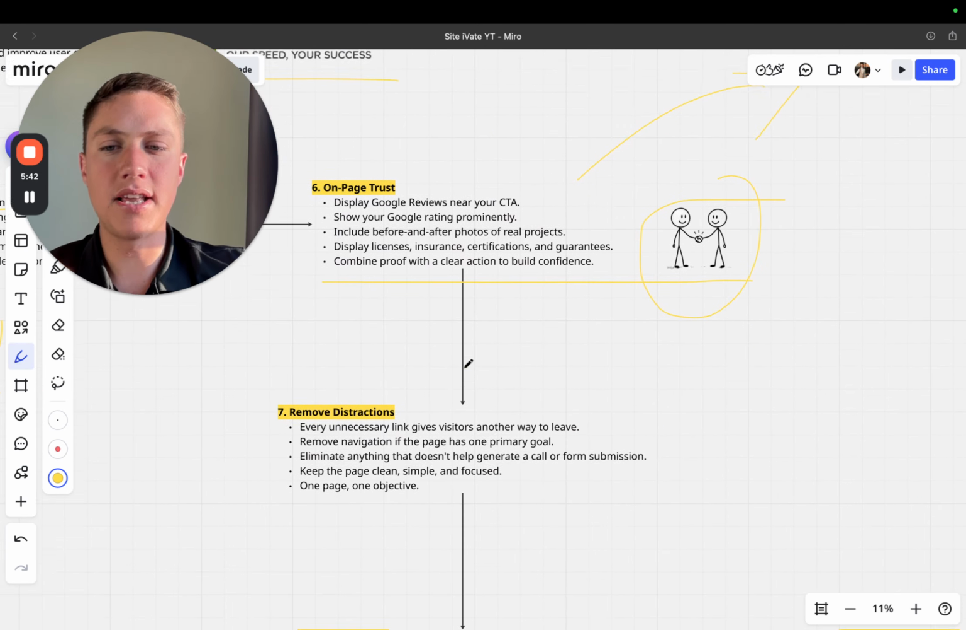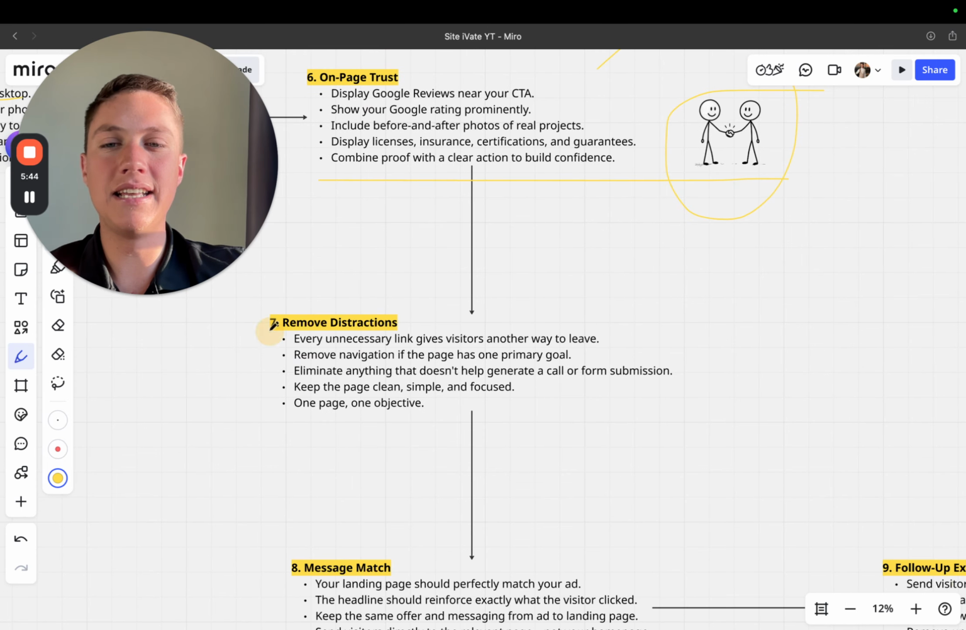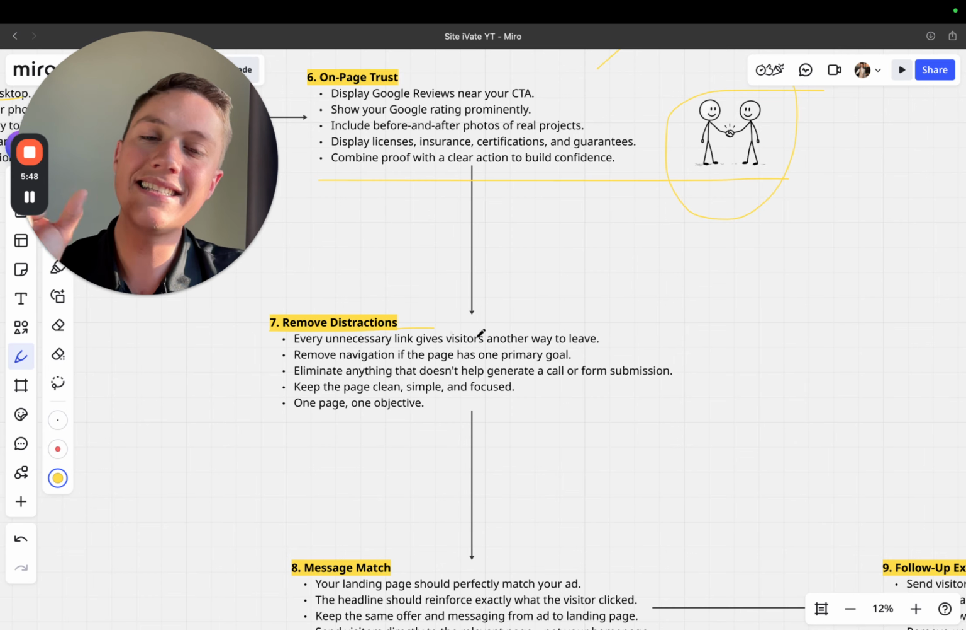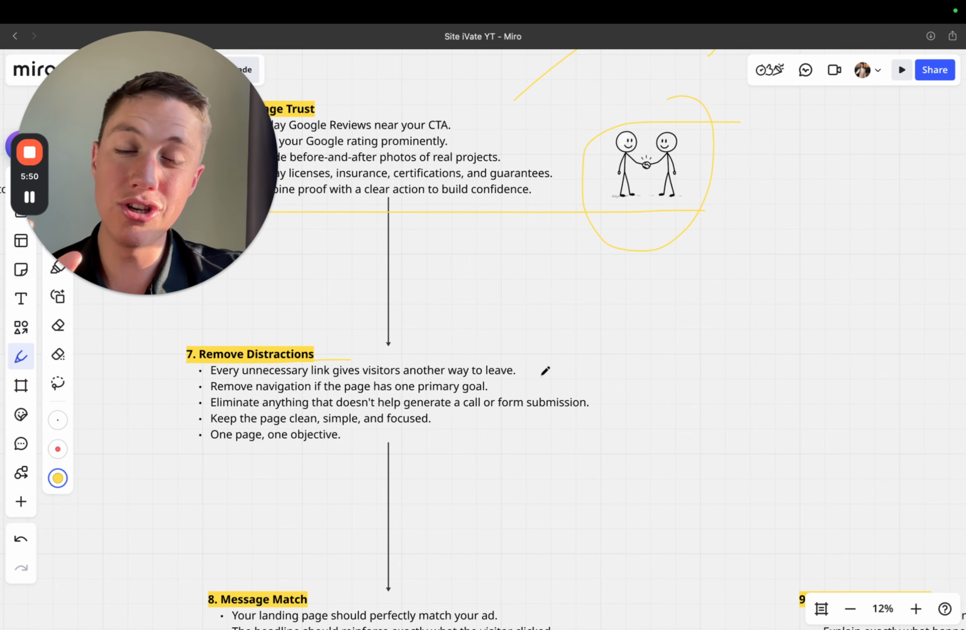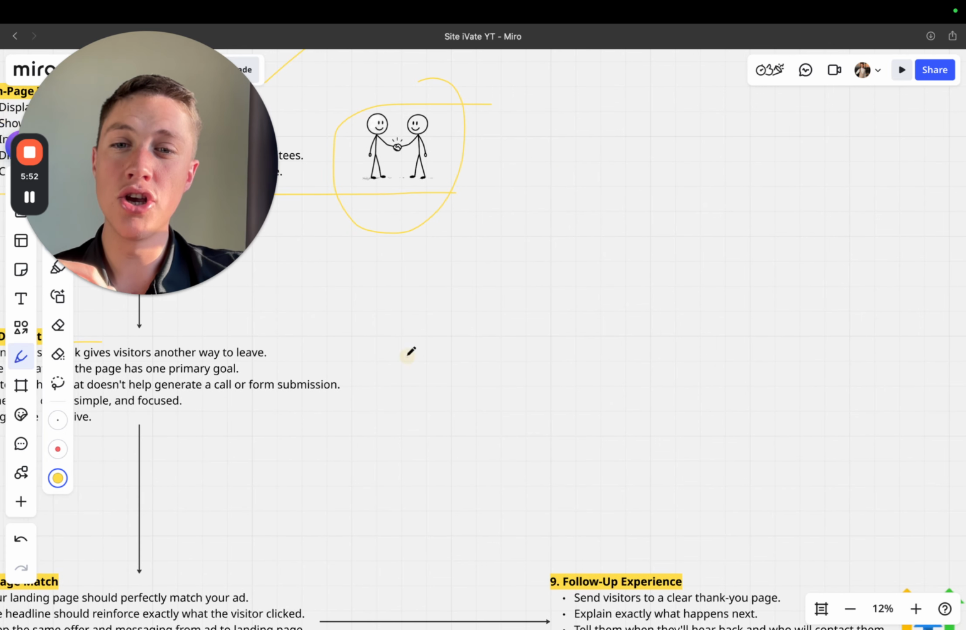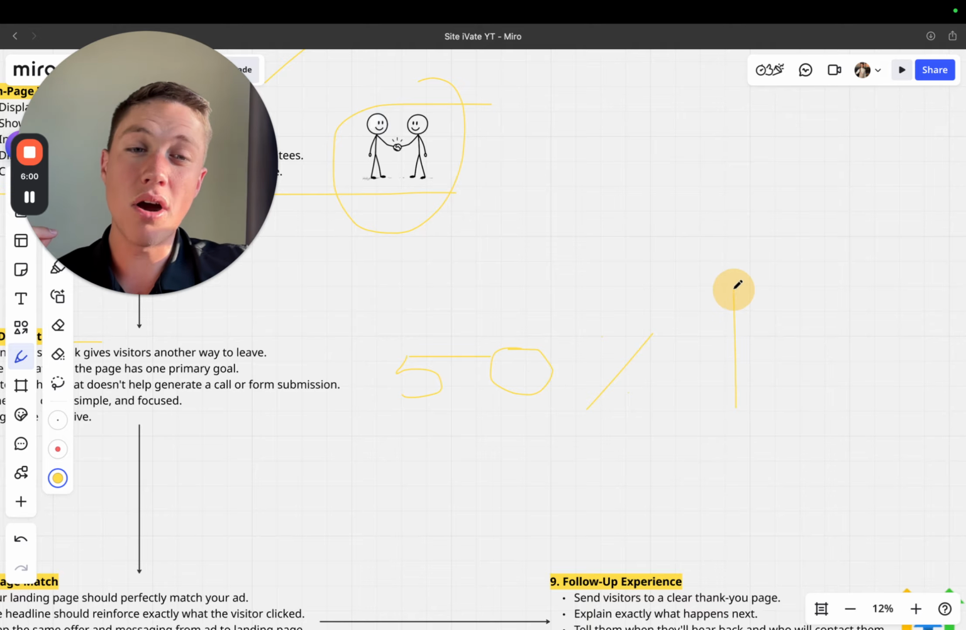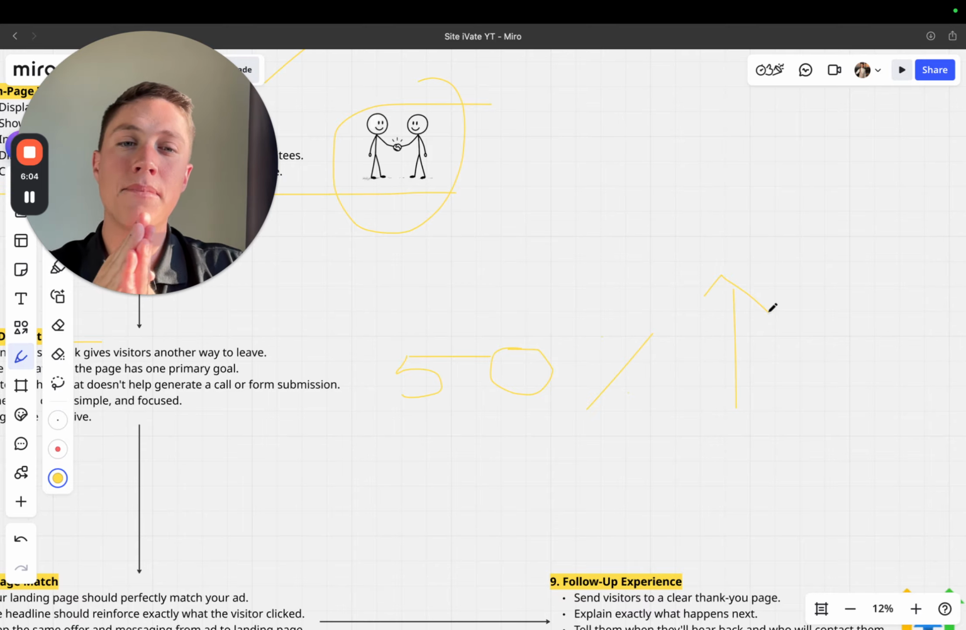Number 7, remove any distractions. Make it as frictionless as possible. For every step you include in your process, you have a 50% decrease in lead conversions. I know, the quality may go up because you make it more friction, but there is a point where you start losing people,